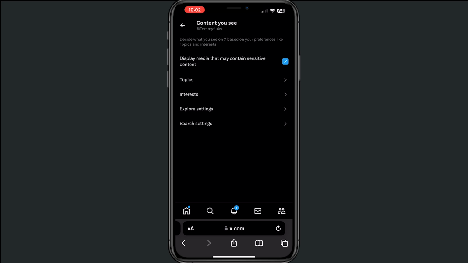Alright, these are the two ways how you can fix this,